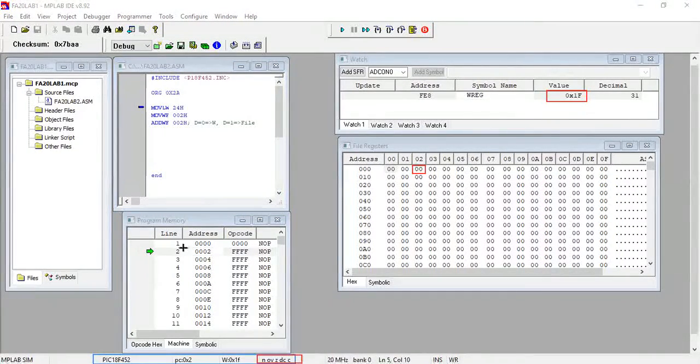Let me highlight it. So this is the address which is mentioned here. Let me clear it. Undo, and then we'll use it again. Okay, so look, this green arrow is indicating this location, and this is also highlighted over here if you look closely, right? Let me do it again.